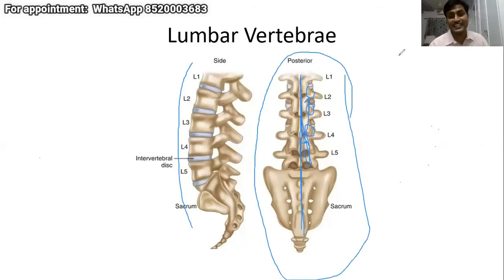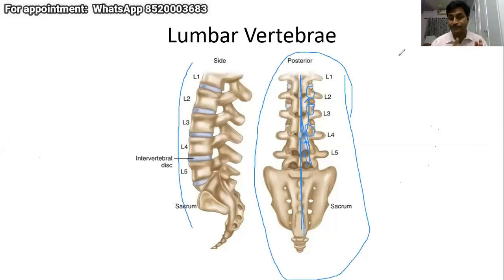Sometimes when your disc is eccentrically prolapsed on the right side, even then the patient will have pain, but tenderness will not be there. You understood? Okay, so tenderness means when I palpate, pain will not be there. Suppose the patient has a right foraminal disc prolapse. Then when the patient bends on the right side, his radicular pain will increase, his low back pain will also increase, but you will not have a focal localized tenderness.